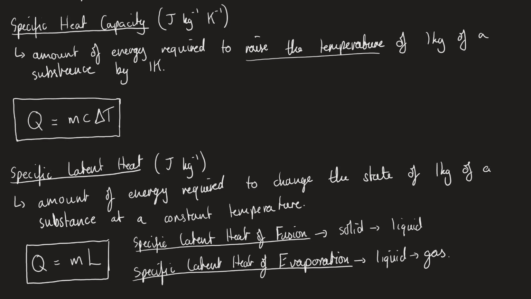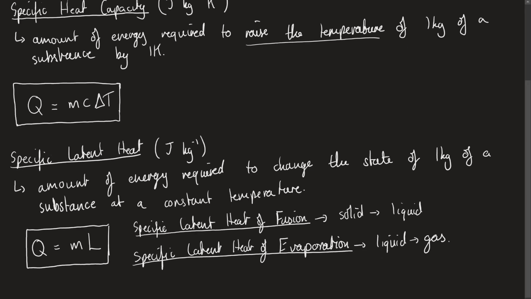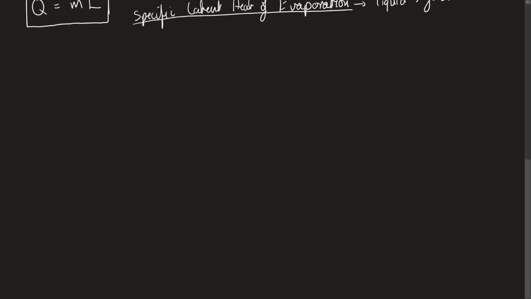Because if I had to put in a different amount of energy to increase the total energy, so the state of the system, since we know that a liquid has more energy than a solid, if I have to put in more energy now to get it from a liquid to a gas than I did from being a solid to a liquid, then surely that means that in order to change the temperature to get up to that point, my specific heat capacity also has to change in each phase. And this is true. We find that if I actually want to plot a graph of how the